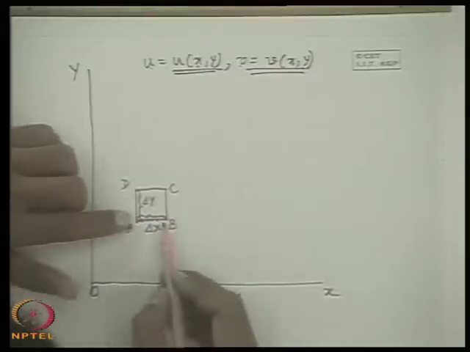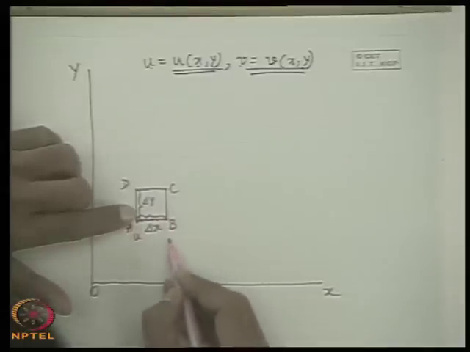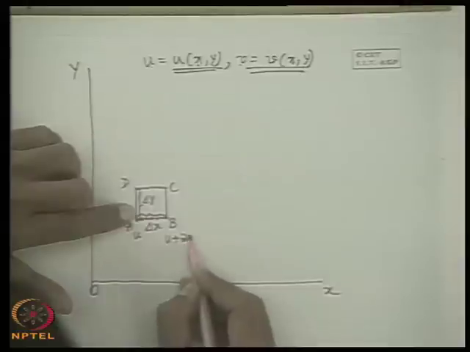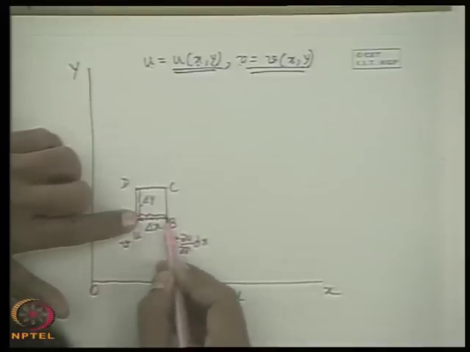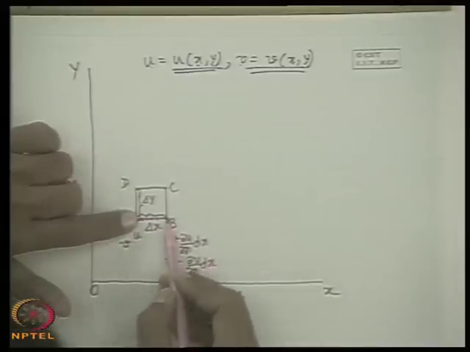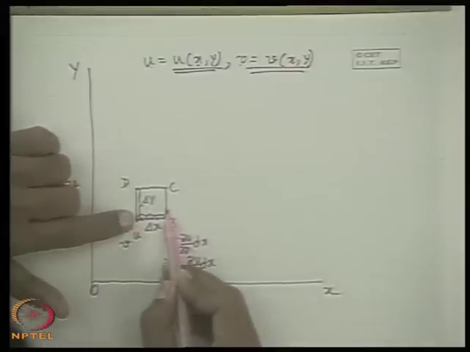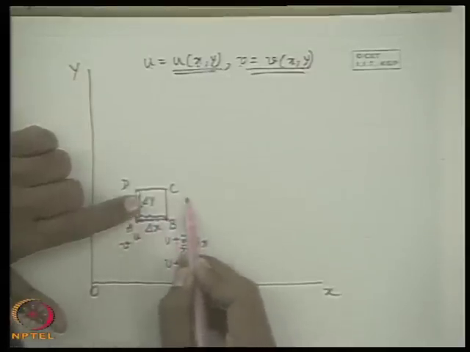That means now we can tell that if this is the velocity u at A, the velocity u at B will be u plus del u del x dx. Similarly, the y component of velocity at A is v, so the y component of velocity at B will be v plus del v del x dx, which means B has an opportunity to have a relative displacement over A in both x direction and y direction. So because of this relative displacement in y direction, line AB will be tilted like that. So it will not move parallelly.